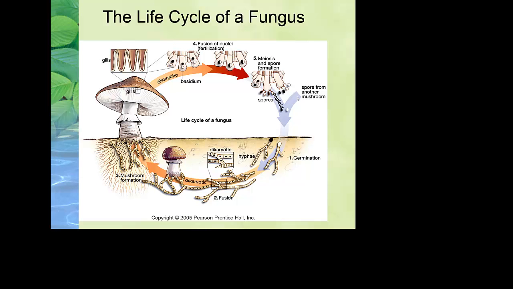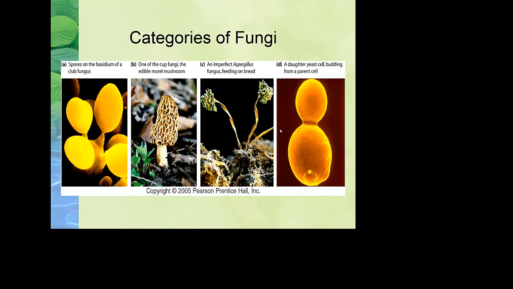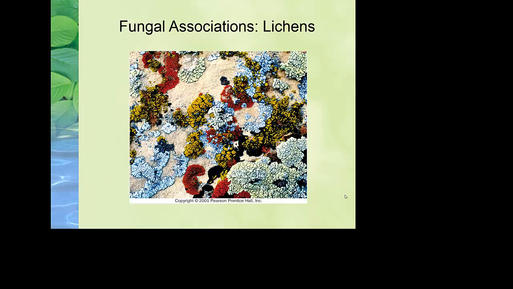But it works very well for keeping genetic diversity as high as possible, because really these plus-minus strains, we would like to be coming from two different fungus, not from the same one, right? So when we look at different categories of fungus, we can think about the normal ones that we're used to, club fungus that we eat and so on, yeast that we look at in the environment. But we also want to think about the relationships that fungus has with other organisms. These are probably the most important.